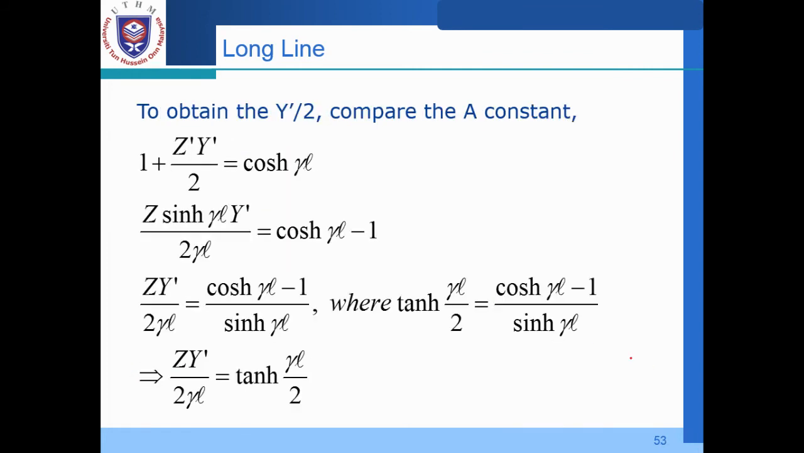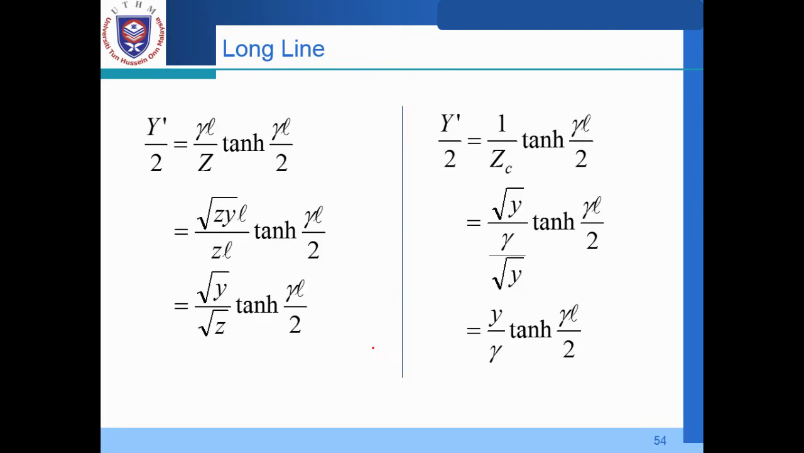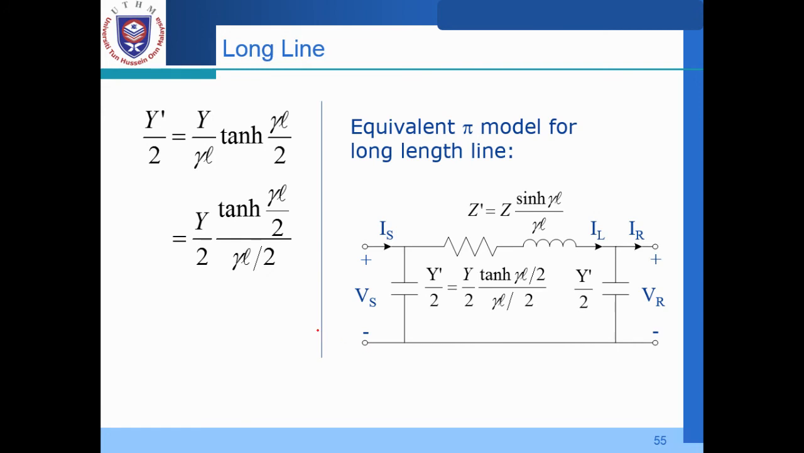So to obtain the Y prime over 2, compare the A constant. We try to compare again. This is A, from the nominal pi model with the hyperbolic function model. We try to make a comparison and solve it to make it simpler. And finally, after a few arrangements, we get the equivalent pi model for the long length line